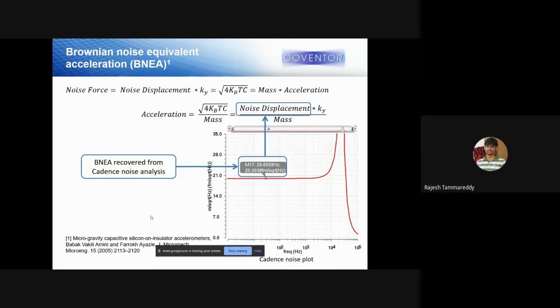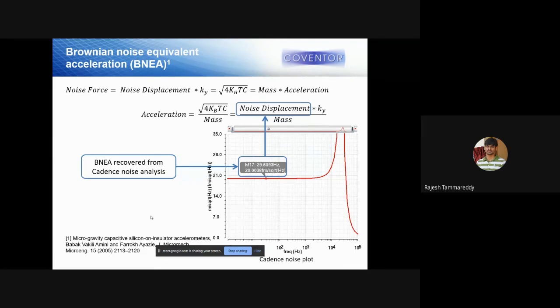If you do the calculation here, it is going around 29.168, some milli-g, in meters per square root of hertz.